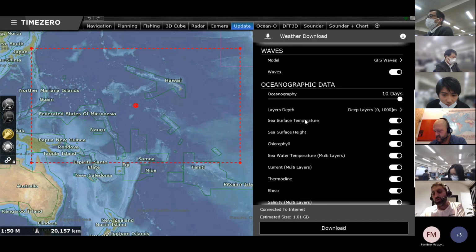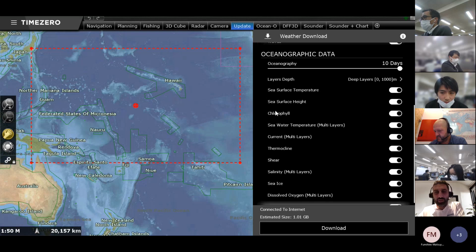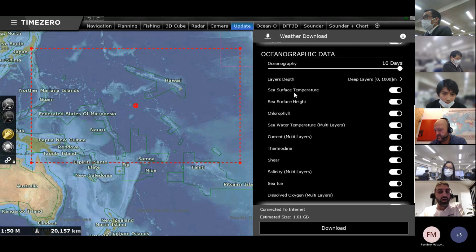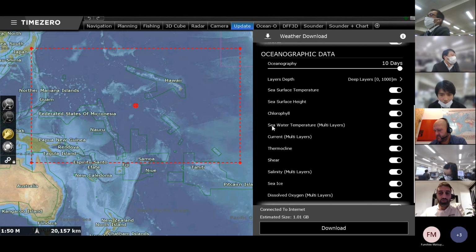But we also have, and allow me to focus a little bit more on that for this presentation because we are targeting the fishermen, oceanographic information. What is this? Oceanographic information is data that we make available, like the sea surface temperature, the sea surface height, which is the altimetry, the chlorophyll, which is the plankton concentration, the temperature of the water, multi-layer.